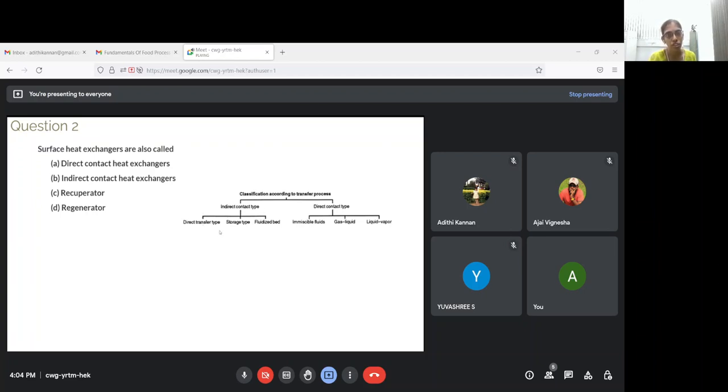First is the direct transfer type. Here, direct transfer type means that between your two liquids, there is some direct transfer that is happening. That is, from one liquid, it is transferring to one surface. From that surface, it is immediately transferring to the other liquid. So, in a direct transfer type,